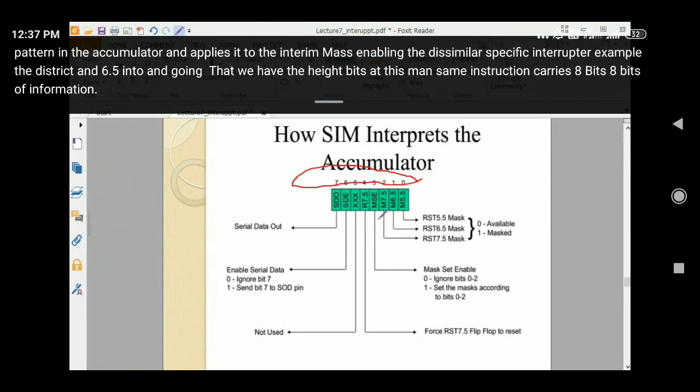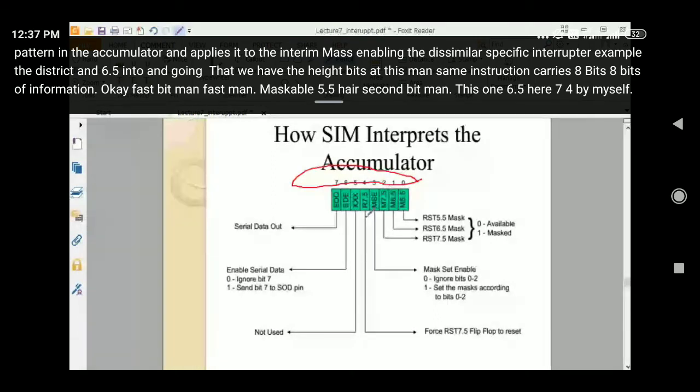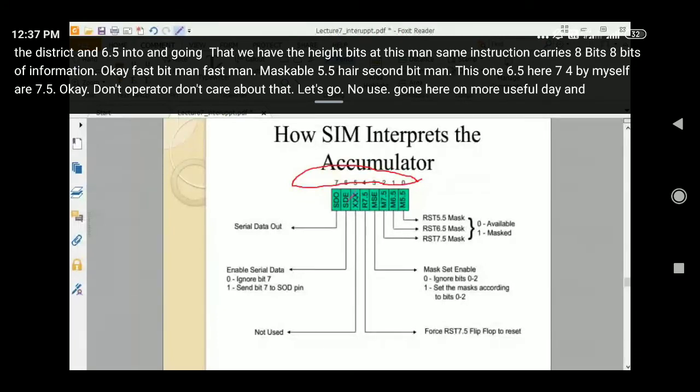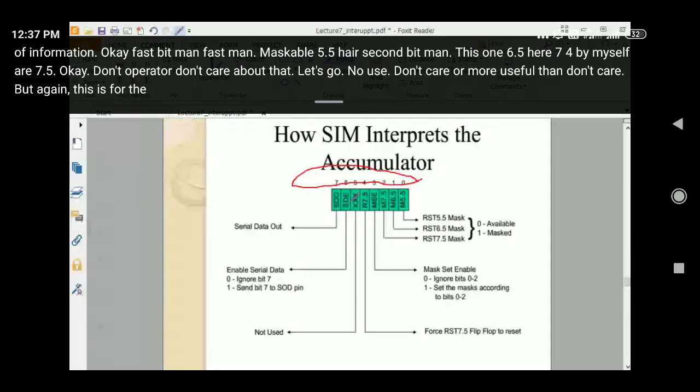The first bit is the mask for 5.5, the second bit is for 6.5, and the third is for 7.5, along with MSE. Then there is one bit that is not used; it is called don't care, or no use. And then there is SDE, to enable the serial data or not, and SOD, serial data output. This is your 8 bits.